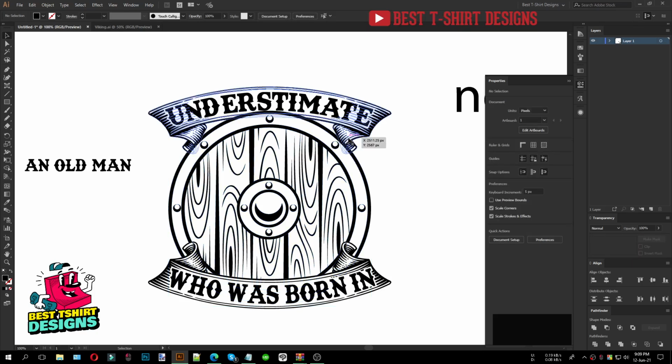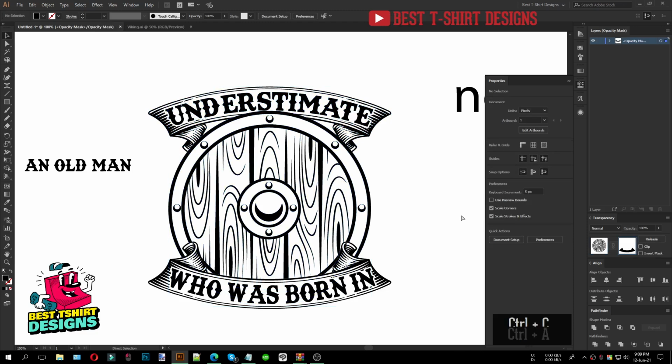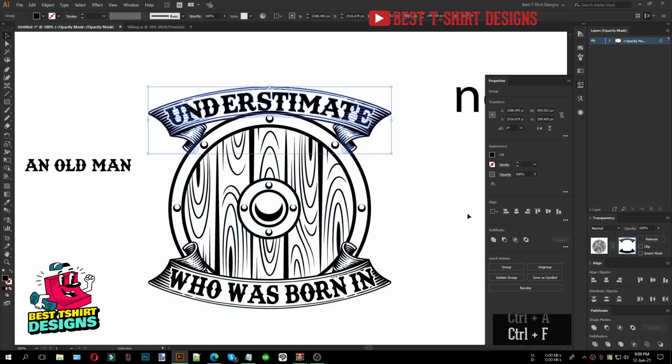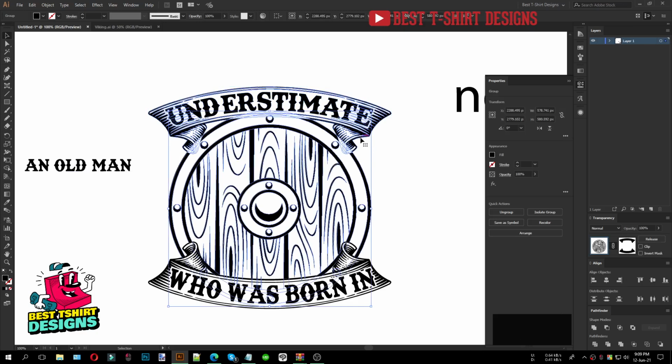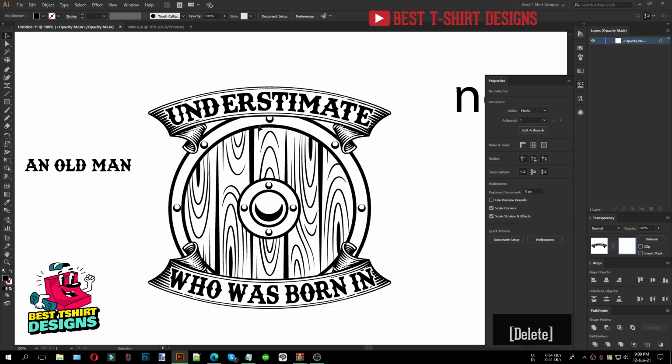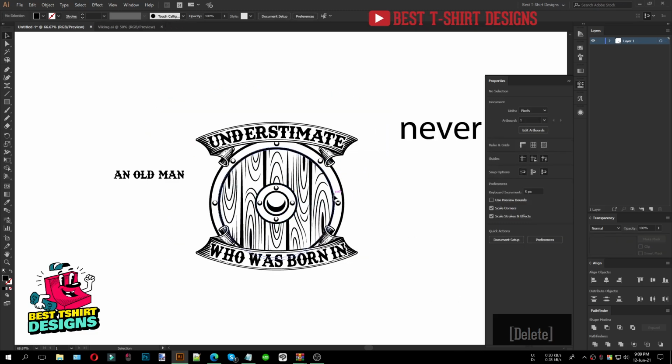So here I want to select, copy this one, Ctrl C, then inside the Transparency I will press Ctrl F, Merge Unite, that will bring that on top. But don't worry, if I select this ribbon, inside the Transparency the shield I pasted, I have to delete that, and now it is looking like the ribbons are on top of my shield, because that shield is not very important for me.